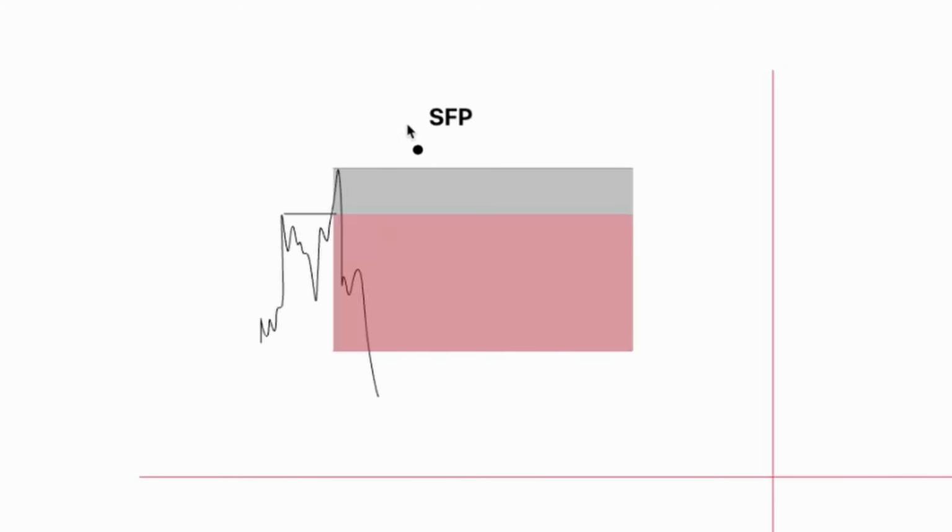As you can see, the first one is the SFP, the swing failure pattern, and this is an entry model that happens once we are not able to get over a specific swing high or a swing low. And if we SFP that, we just spike through it, we are able to get our entries right around that structure. And breakdown and rejections after that sweep is generally where we put our entry, and our stops are usually